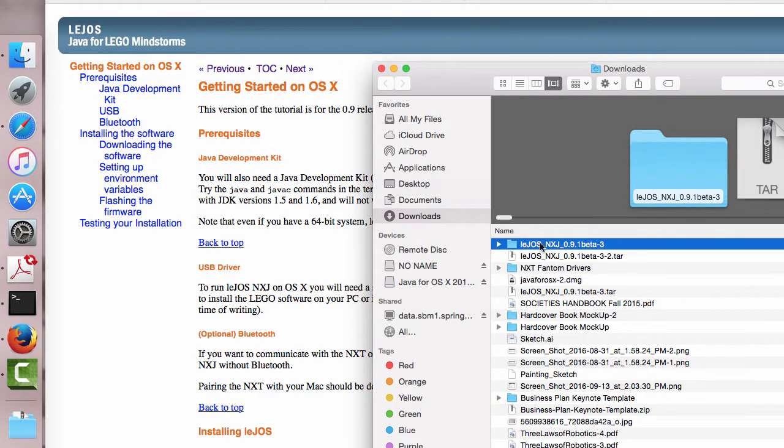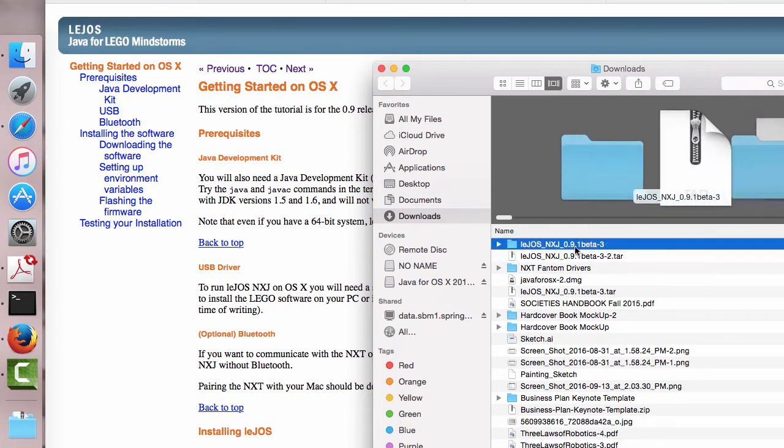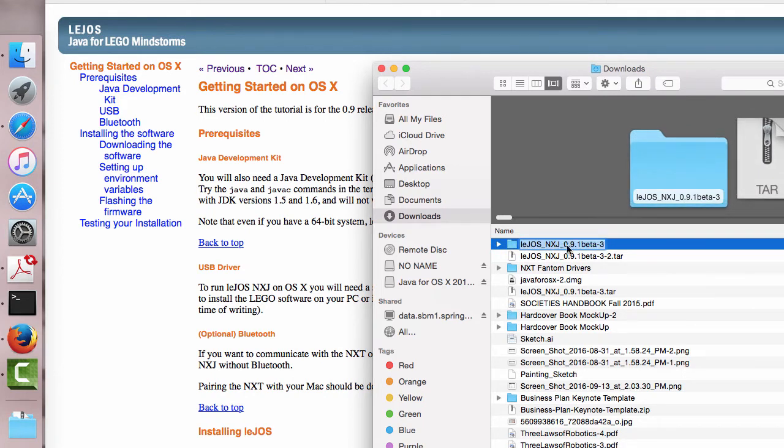And this might be called something different for you, just depending on which version you have. But you don't want it to be called this whole long name. That'll require a bit more work when you're actually using it. So if we just shorten this down to Lejos_NXJ, that's a bit easier. Now this isn't where this goes, this is just where it is right now, in my downloads folder. Instead, what I need to do,